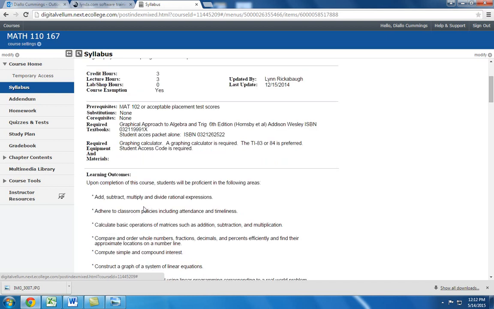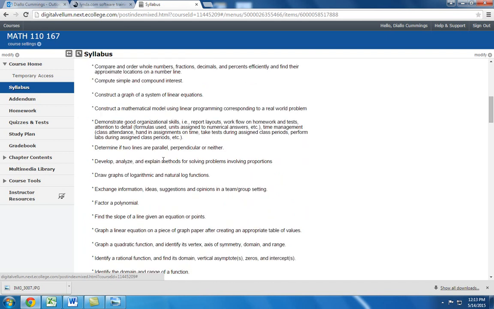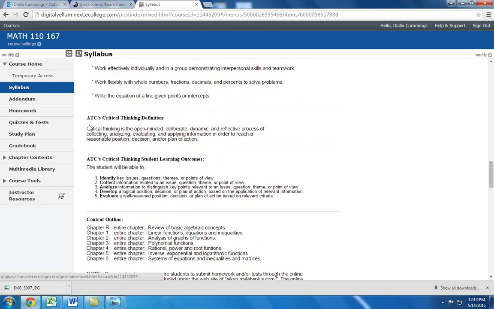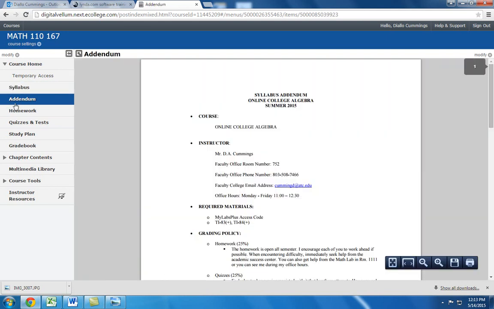Here's some of the learning outcomes from the course, and you can take a look at these at your leisure. We also have an ATC critical thinking definition, and this critical thinking definition is not actually a part of the course. Next we have the content outline, and as you can see in this course we'll cover chapter R 1 through 6. Next we'll take a look at the Addendum tab,